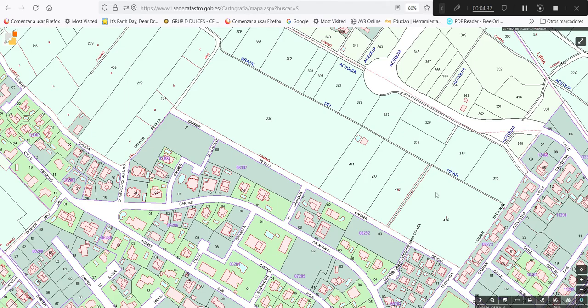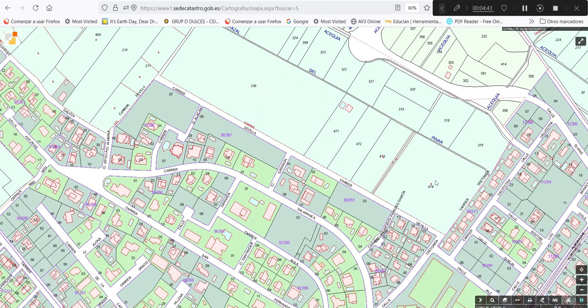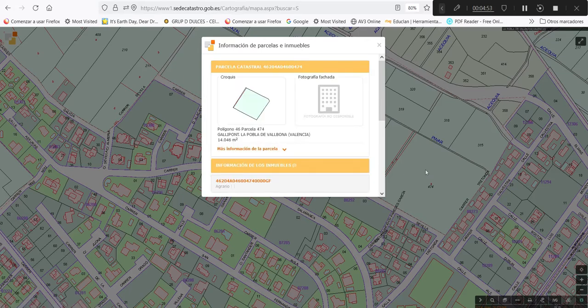So we're not going to spend too much time on the agricultural plots, because I don't think many of you will be all that interested in finding out the characteristics of a plot. I'm just going to click on one and bring up the feature. That's all you have to do to find the file, and what it tells us here is the address, how big it is, the plot, so 14,046 square meters, and here we have the referencia catastral, so the number, the reference number for this property,